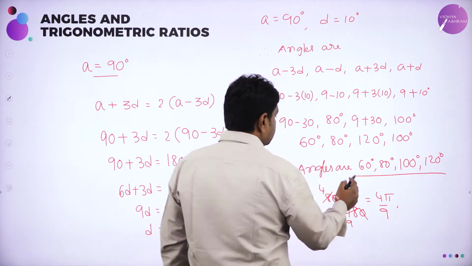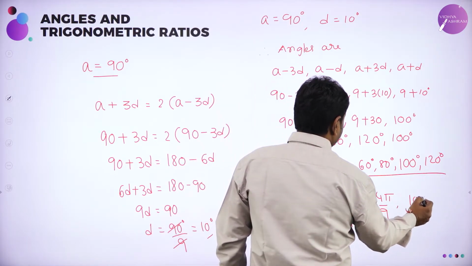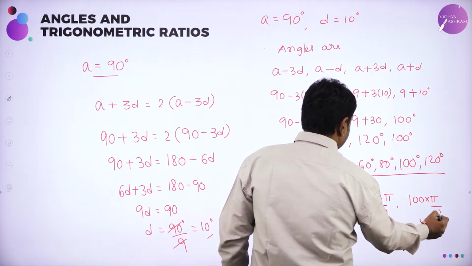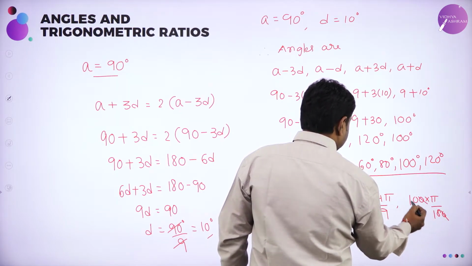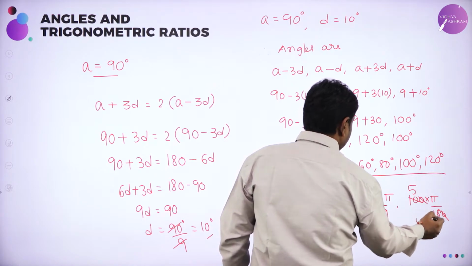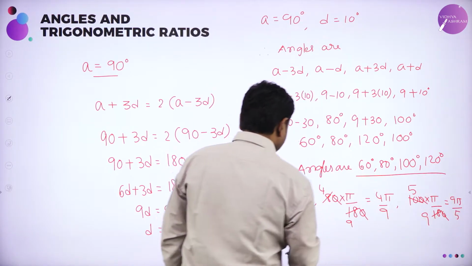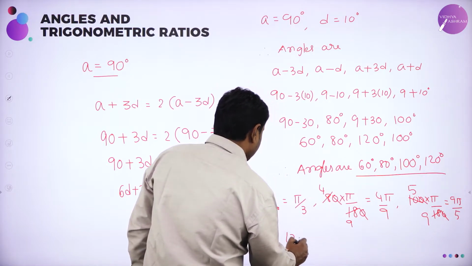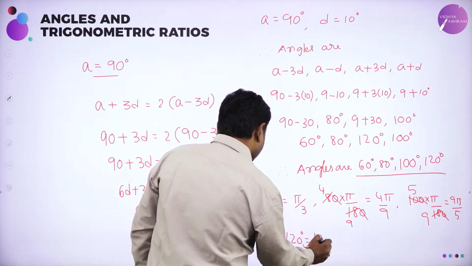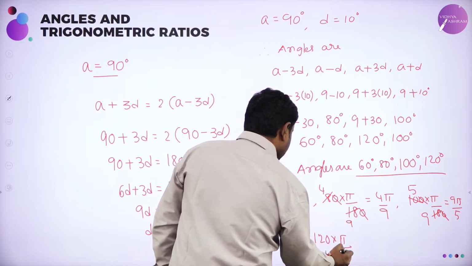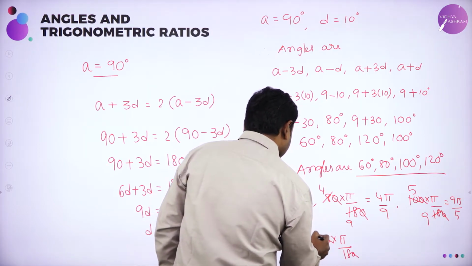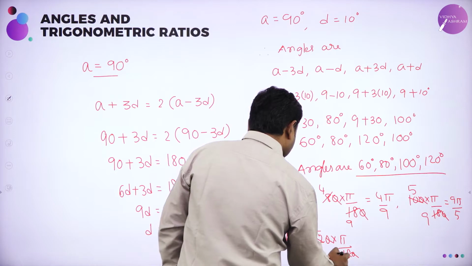Then the other angle, 100 degrees. 100 degrees means what? 100 into pi by 180. 0, 0 cancels, 2 5s are 10, 2 9s are 18, so 5 pi by 9. And the last angle is 120 degrees. 120 into pi by 180. 0, 0 cancel, 6 2s are 12, 6 3s are 18, it will be 2 pi